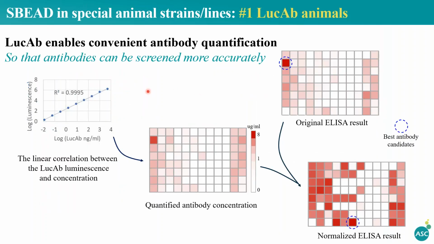Another big advantage of the LucAb is that the antibody luminescence signal is almost in perfectly linear correlation with the antibody concentration. This makes the quantification of the antibody concentration very easy. By adding substrate, you can quickly quantify each antibody concentration, and the concentration information often can help interpret the screening assay result more accurately. For example,